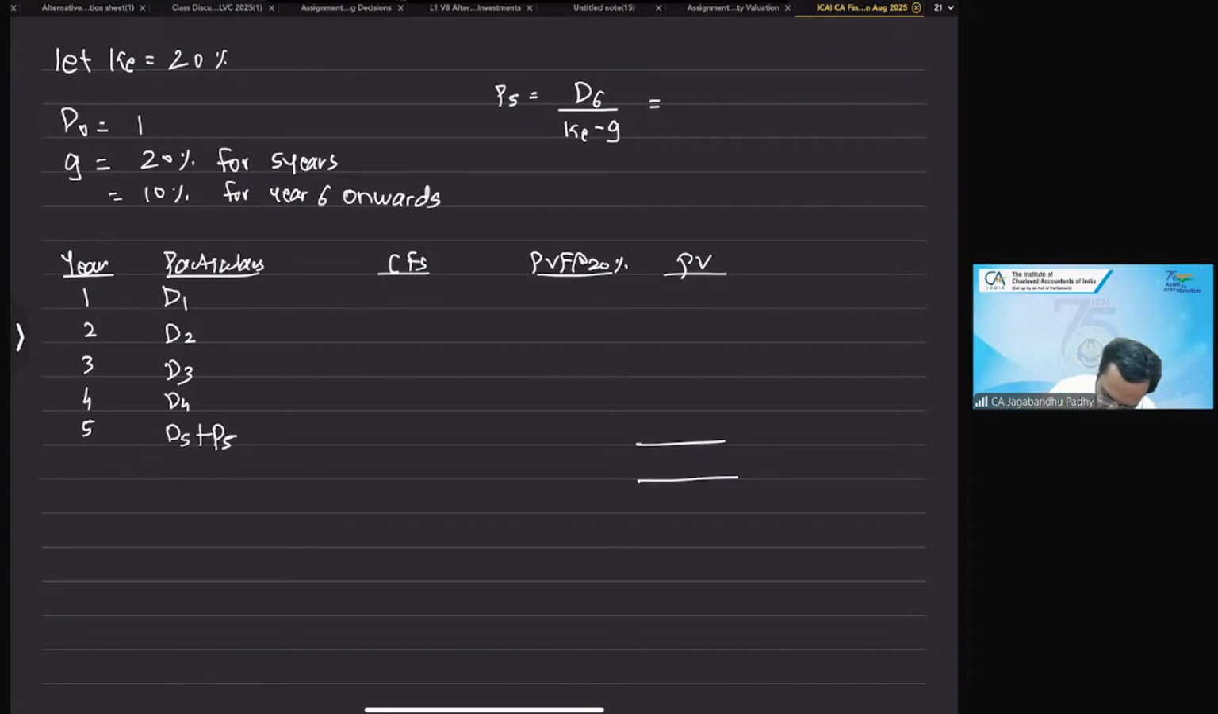Like first cash flow is going to be what? 1 into 1.2. So first cash flow is 1.2. Second cash flow is 1.2 into 1.2, which is 1.44. In this way, write down the cash flows. Third year, 1.728. Okay, you can just write it. I'll write down the cash flows. Okay, 1.73, then